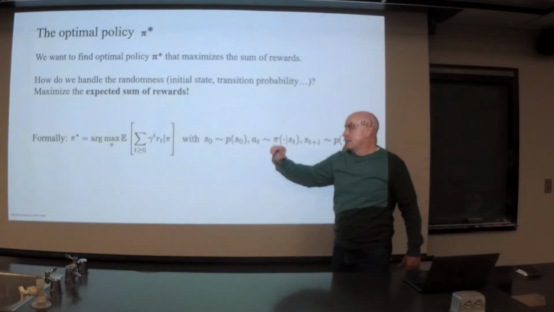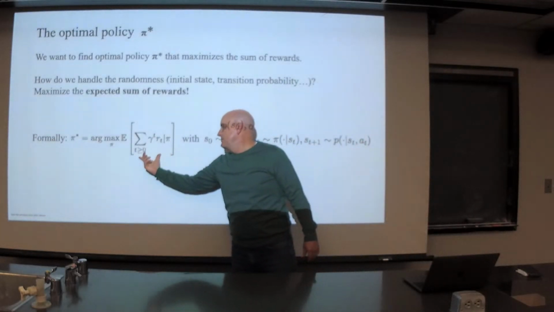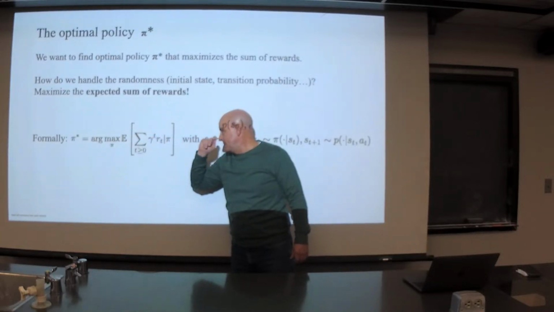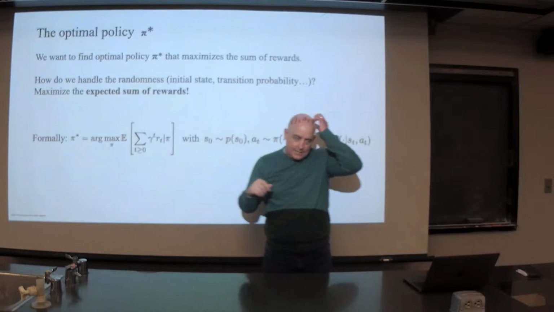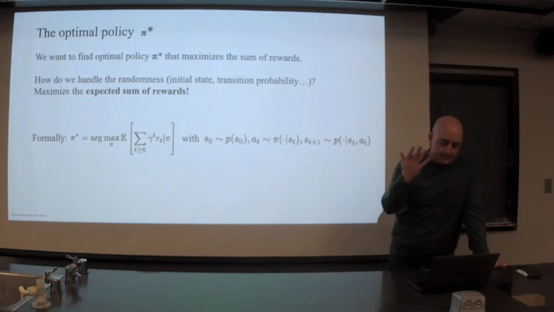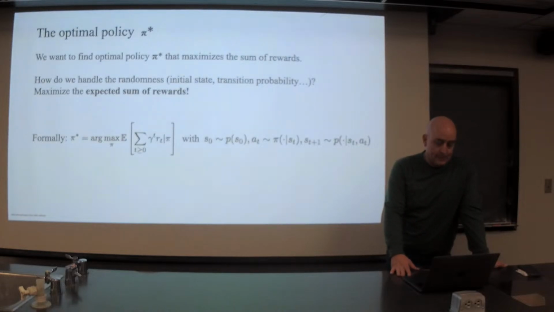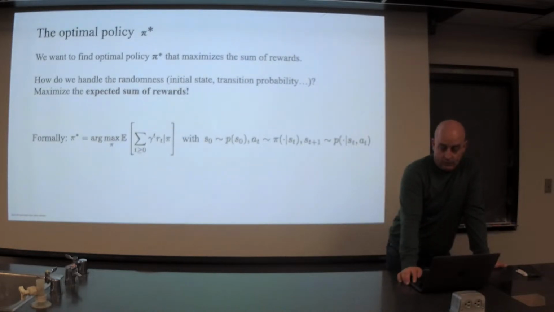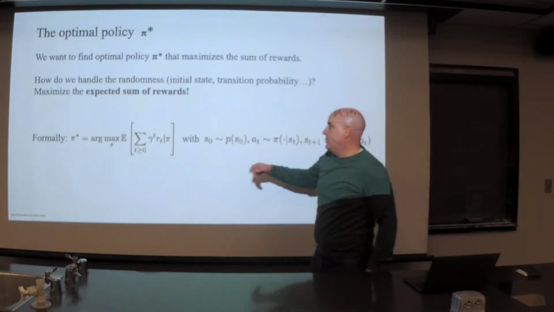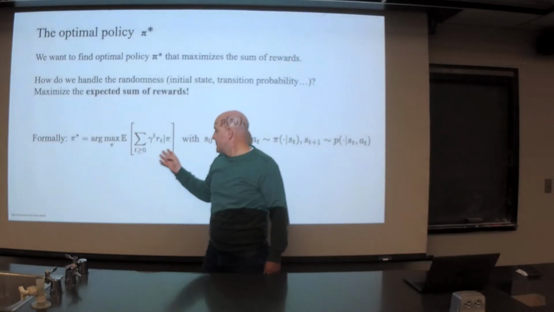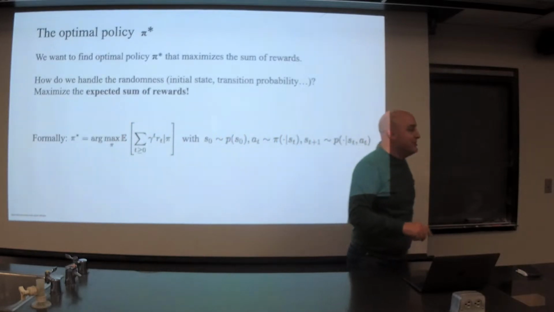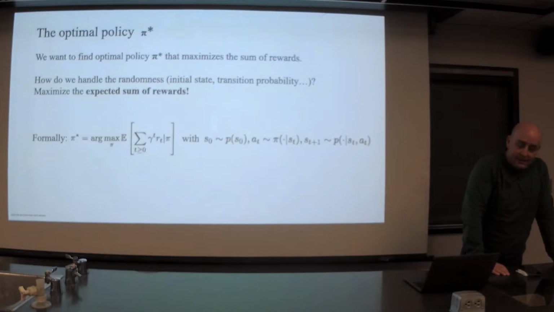Whatever the distributions are, that's how we deal with the randomness in the Markov decision process. We're not actually maximizing the reward sequences themselves, because of their stochastic nature, but we will maximize the expectation of those. And that logically makes sense. Okay, so how do we do any of this at all? If you are a reasonable human being, you're looking at this and going, great, that doesn't help. That's just a bunch of kind of crazy math.